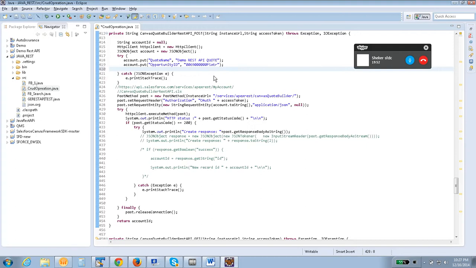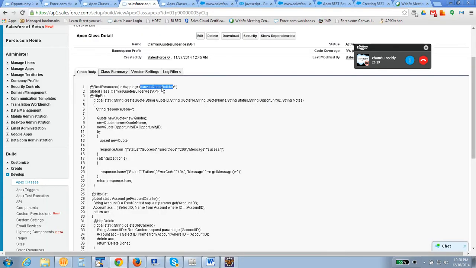This is an endpoint, you can see. Instance URL, services apex rest, code builder, and that particular thing. So I'm creating a code. That endpoint is given by Salesforce, Suresh, and this part is common. Here you are mentioning your own endpoint. This is a customized endpoint, so here we are doing the URL mapping.